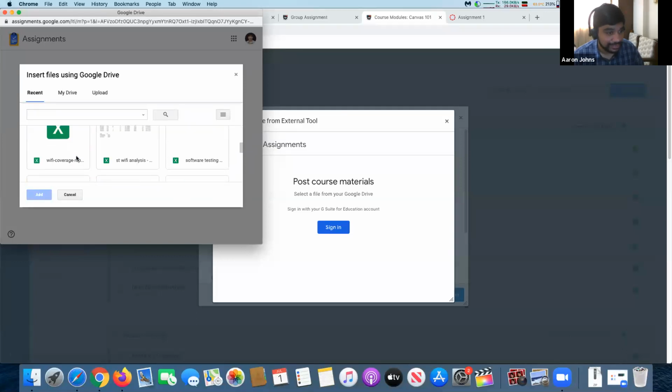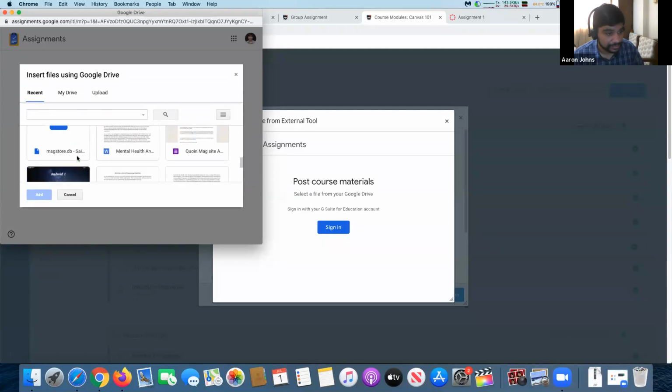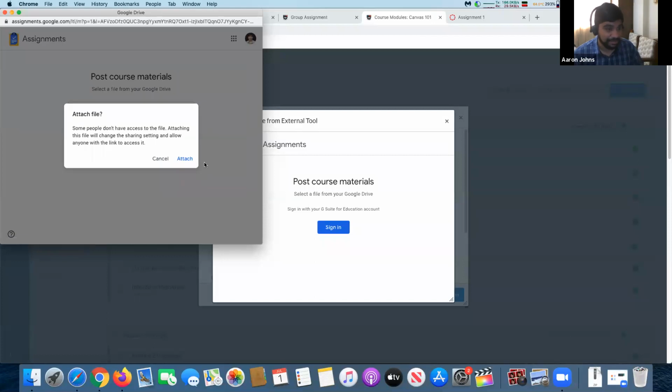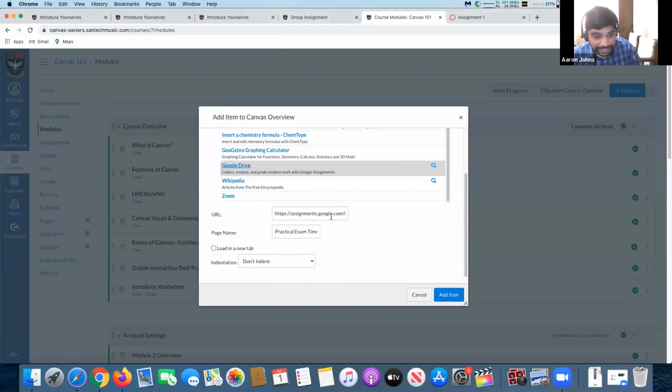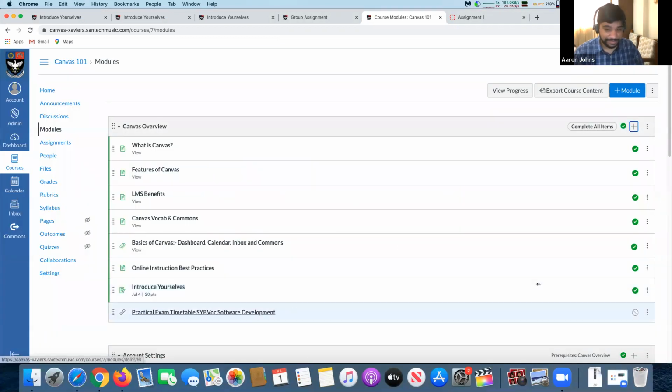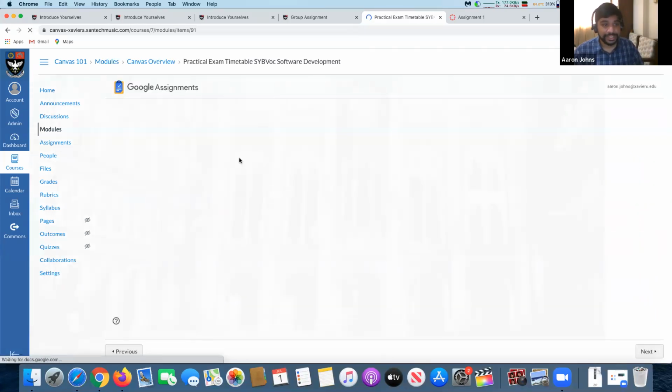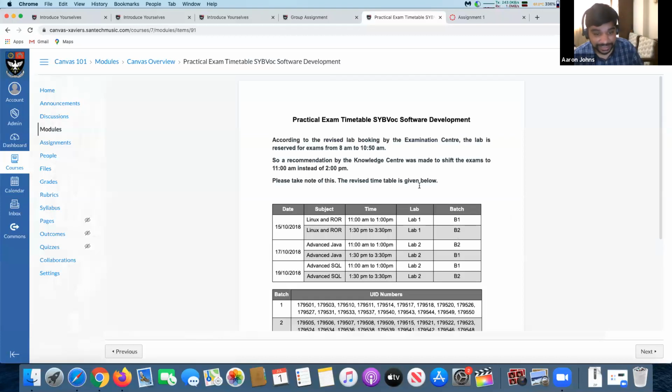Let's say, let me go down. Workshop, this thing. Okay, let me just take this timetable. So, as you can see, it's linked over here directly, and you click Add Item, and you can publish it. And when you tap this button, you get a full view over here of what you see. Can you see? Your Google Doc has come right into this. So in this way, you don't need to link anything with Google. Everything comes directly over here.